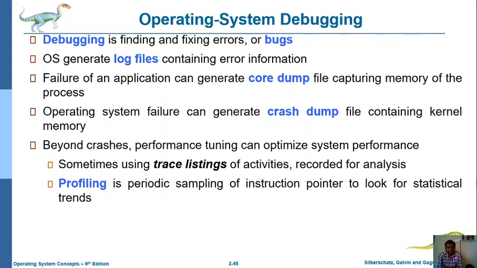In this process, sometimes we use tracing. In that situation it traces the entire program activities and records their analysis. Based on their activities and recorded analysis, we can easily check whatever problems, mistakes or bugs exist. That information is easily caught, and then we try to rectify these problems.